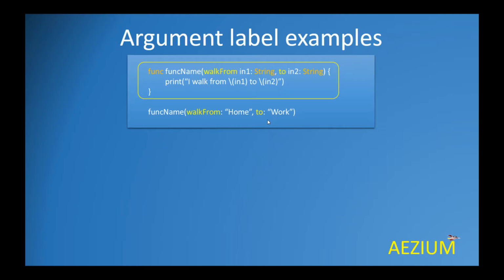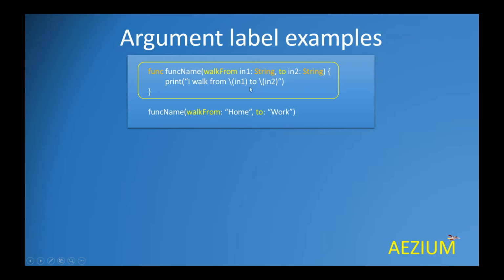Let's have a look at some examples for argument labels. Here we have a function which has two input parameters, in1, in2. They're both of type string. Then for the first parameter, we're using a label called walk from, and the second label for the second parameter is to. Now, what this function does is very simple. It just prints this sentence, which says I walk from whatever the value of in1 is, and to whatever value